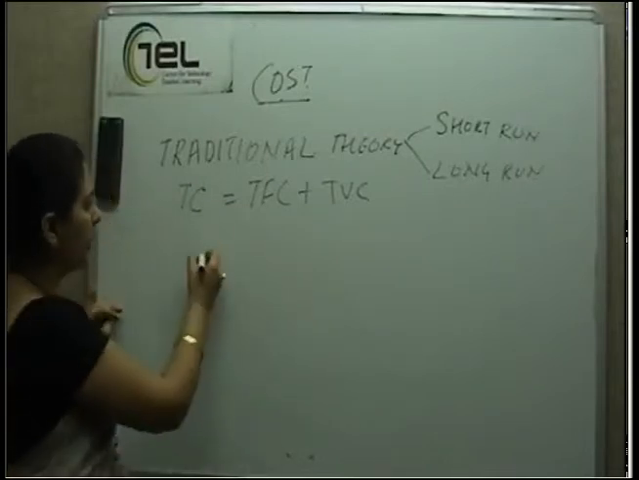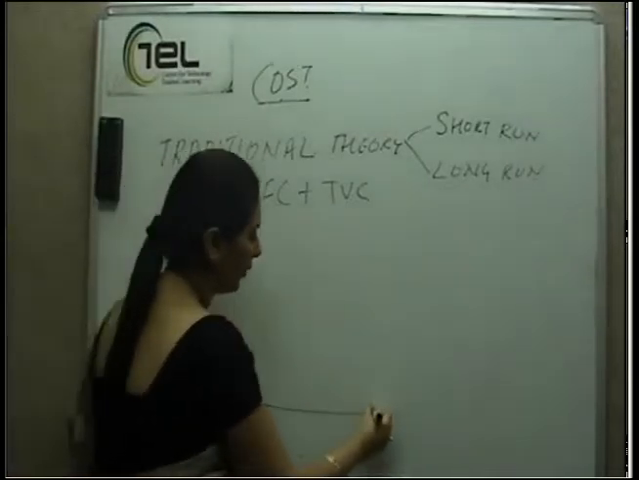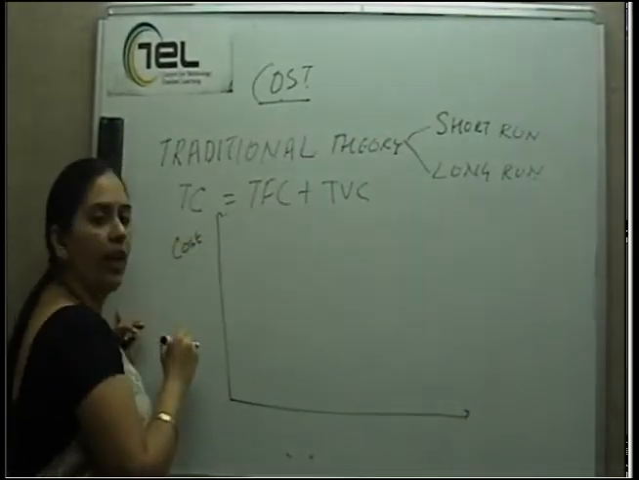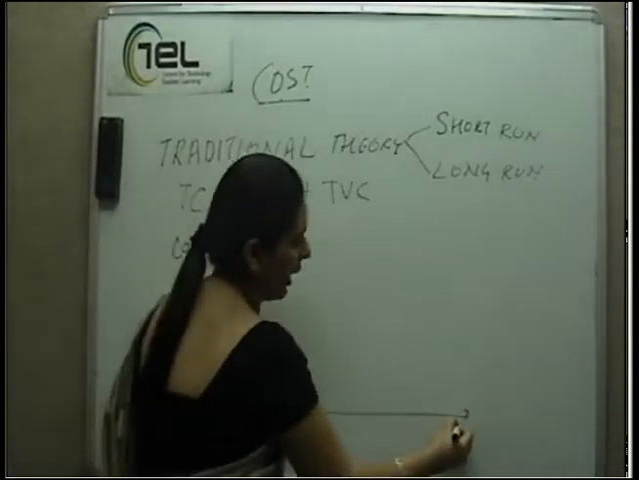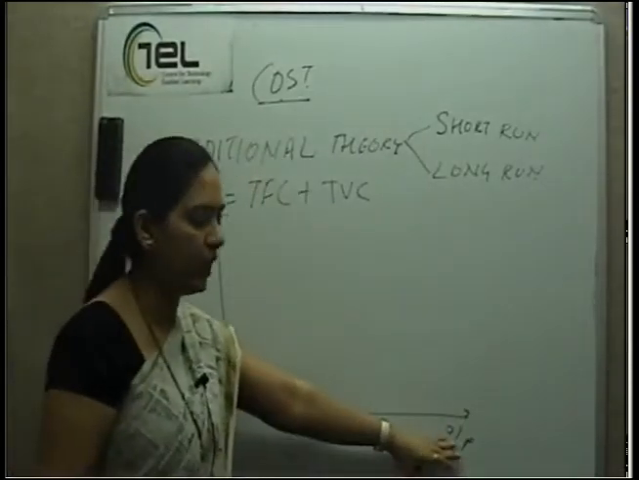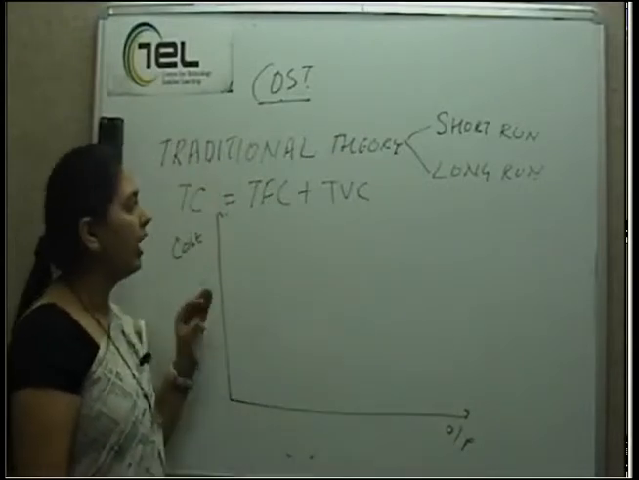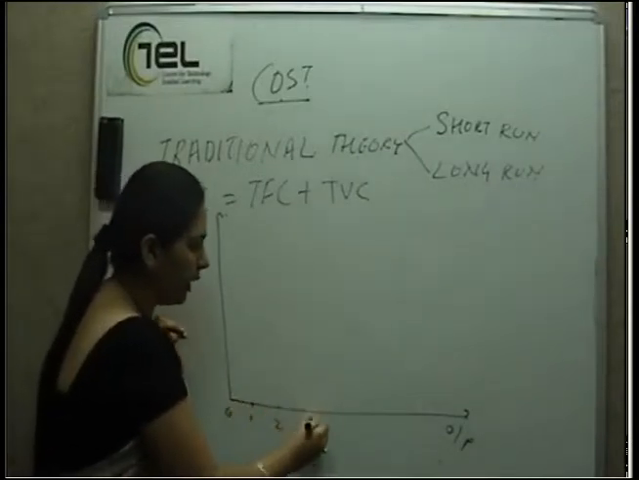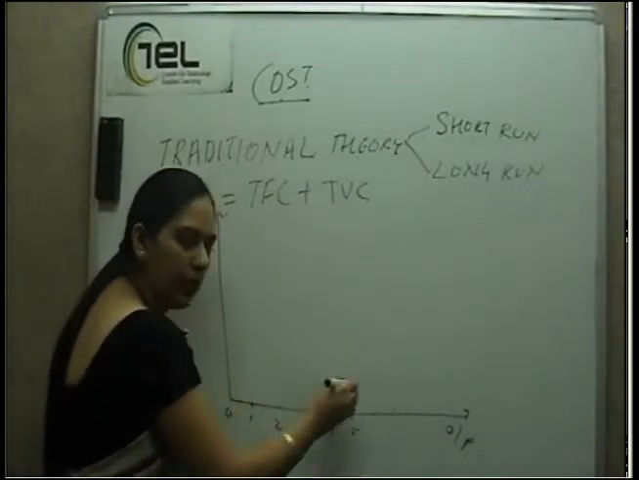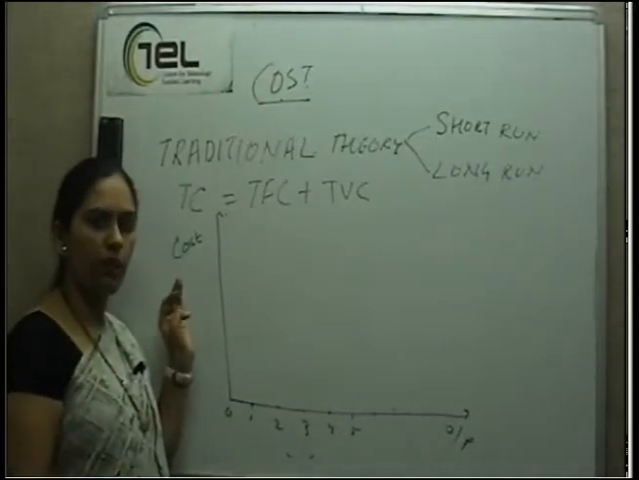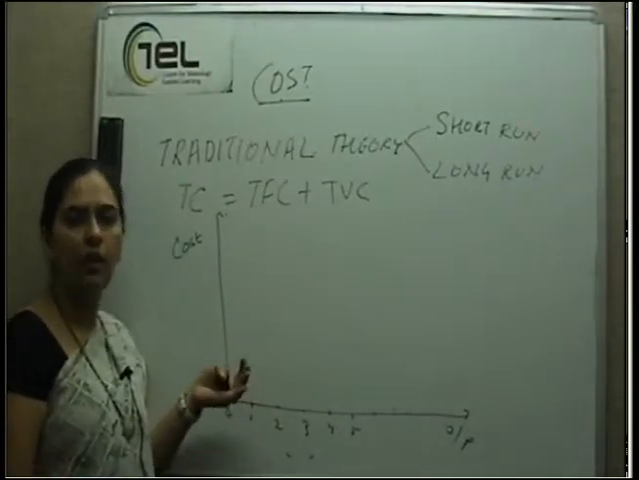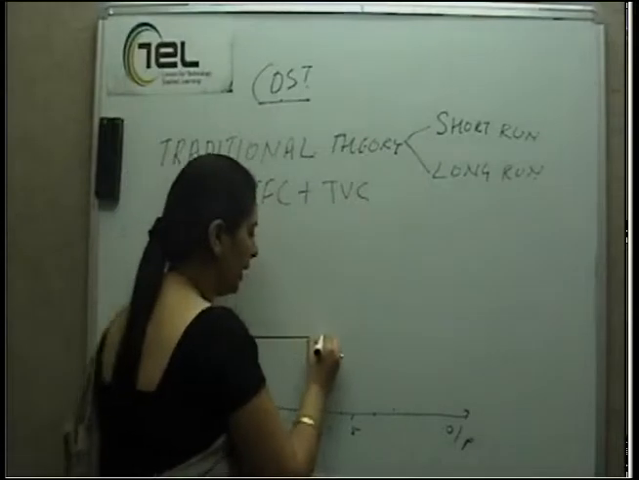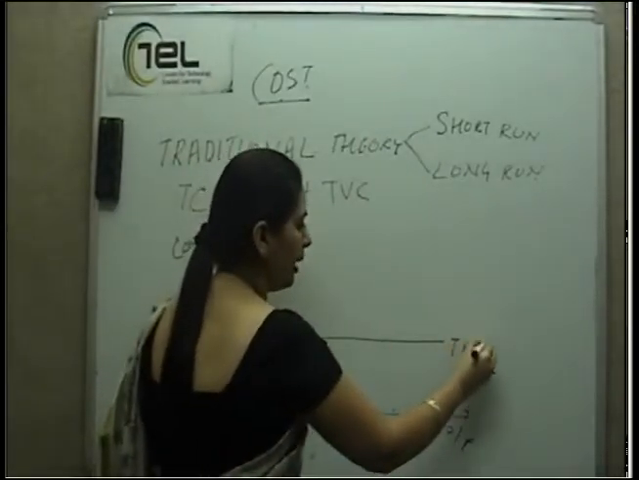Now if I put the same concept in terms of graph, what I will get is a graph where on y-axis I put cost and on x-axis I put output. This OP refers to the quantity of output. Now whether my level of output is 0 or 1, 2, 3, 4, 5 or any of the units, there is a fixed cost which I am incurring, maybe for a particular land or a machinery or any fixed asset. The graph or the curve which I will get is a straight line which is parallel to